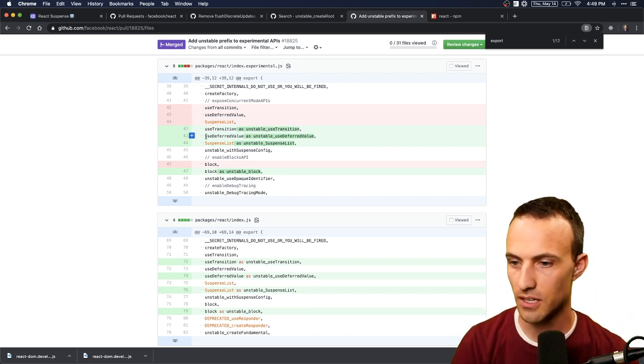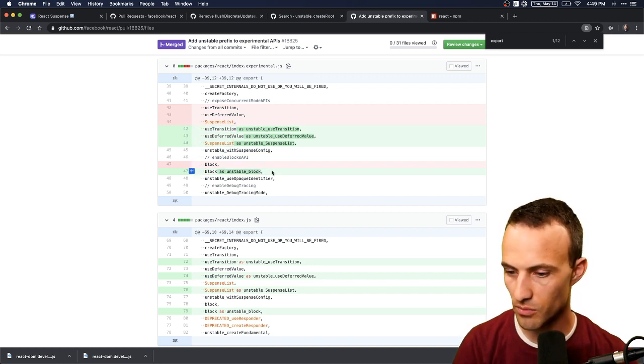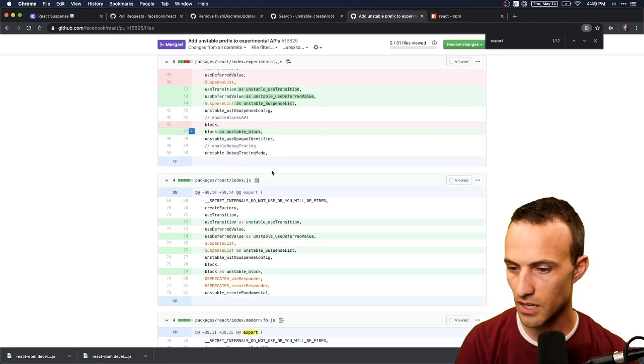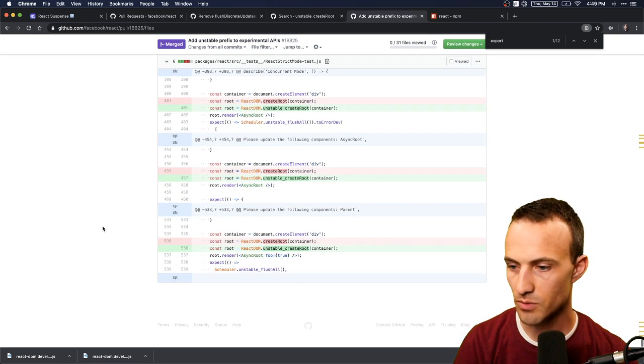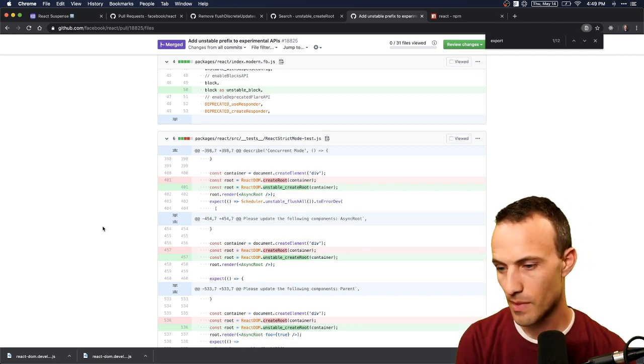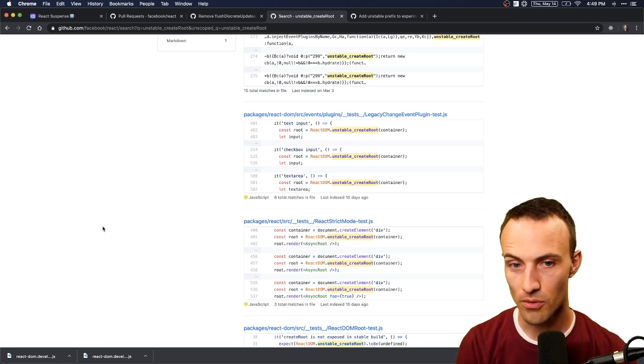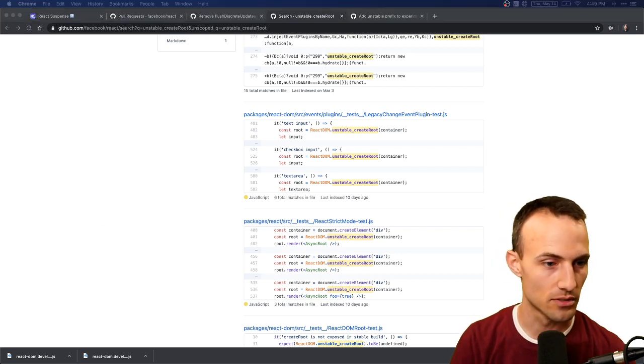So much of my stuff is going to be busted because of this. Well, not a lot, but yeah, useTransition, SuspenseList, and block is actually something I've been thinking about maybe looking into and including in my experimental stuff. I'm pretty sure that they don't have any docs for block though. But that hasn't stopped me before. Okay, so